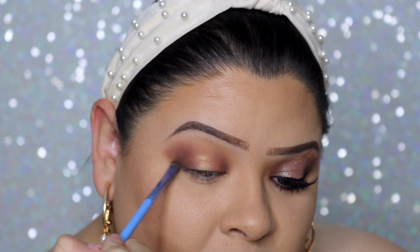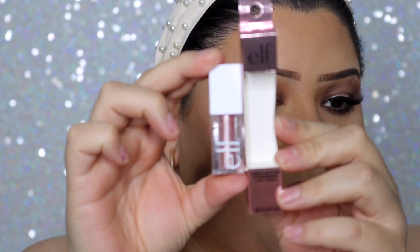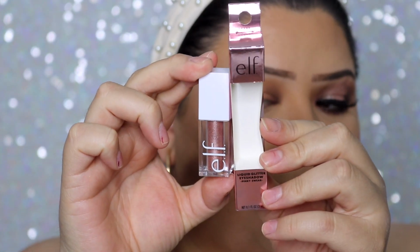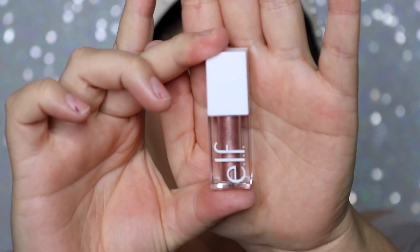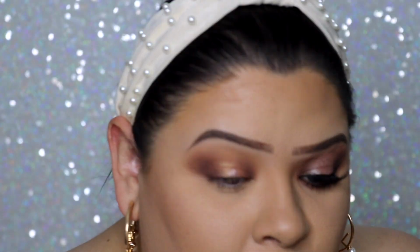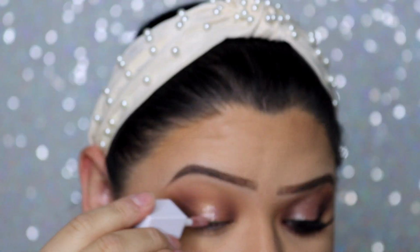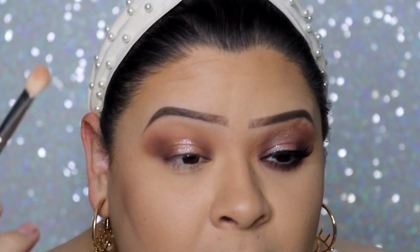the brown shade, which here still looks a little warm, but now that we're moving on to the liquid eyeshadow, it's going to definitely turn more cool tone. So I really like that. I don't usually do cool tone makeup looks, so if you're into them, this one's for you. It kind of just happened by accident, which is usually when looks end up looking the best, when they just